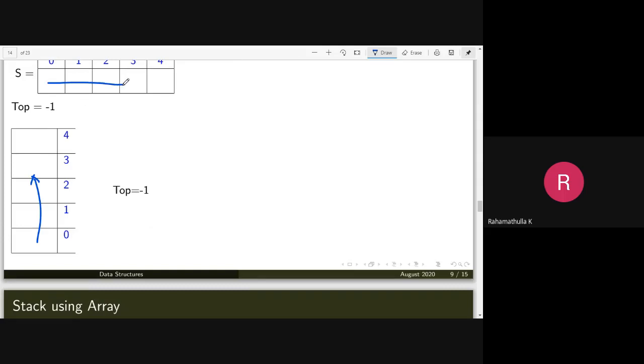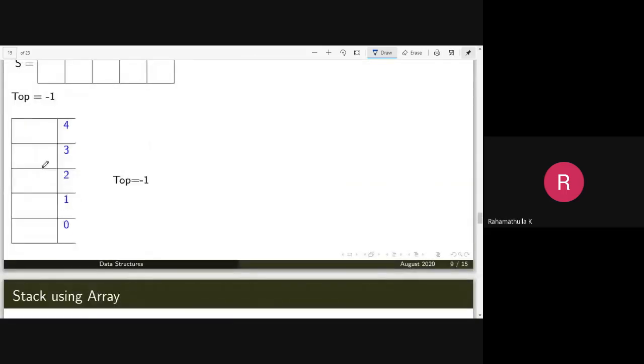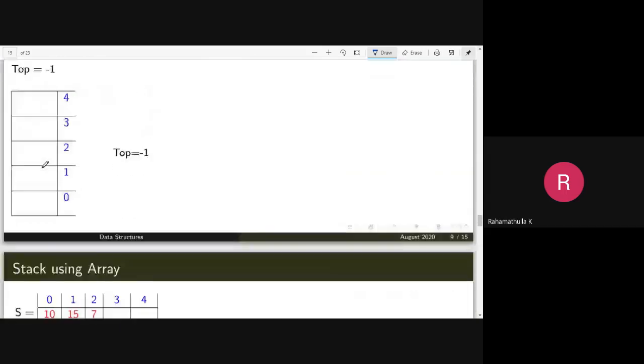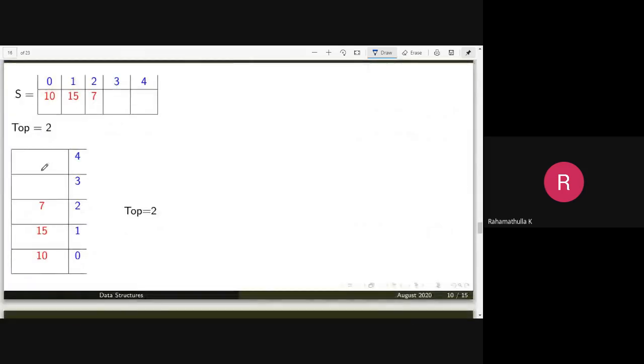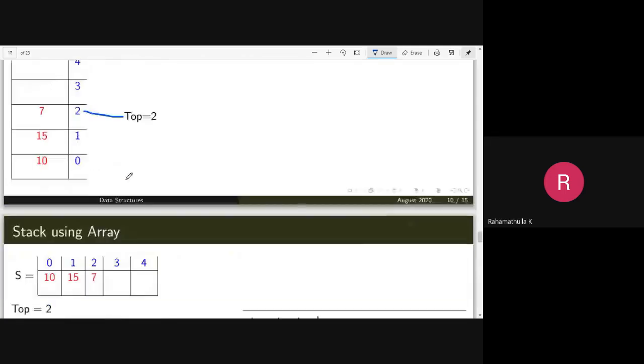Instead of looking at it as an array of elements, always try to represent it as a vertical array. Now let's say you have inserted some elements: 10, 15 and 7, so top will be pointing to the second.